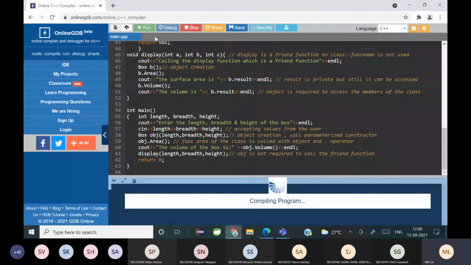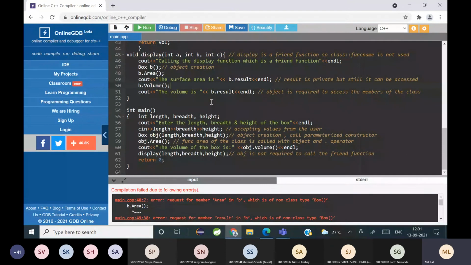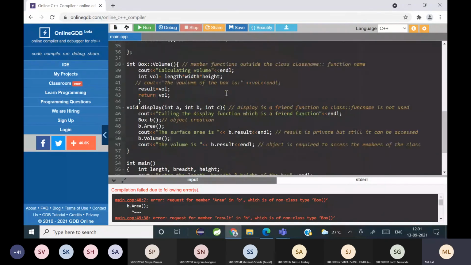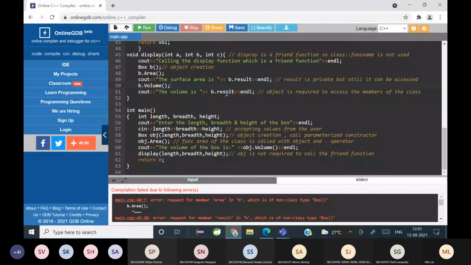Let me see if that is not giving an error. B dot area. Did I change anything over here? Request for member area in B, which is of non-class type Box.